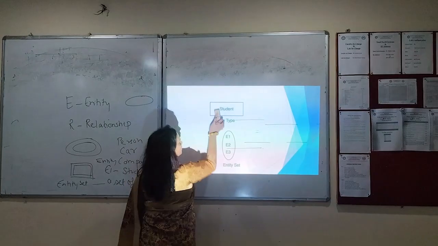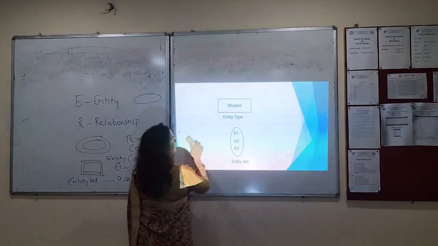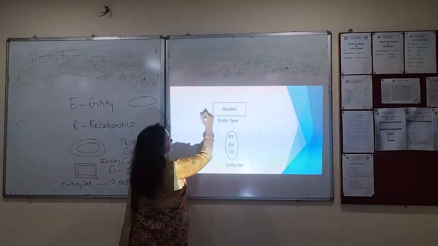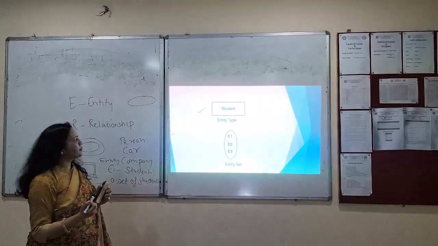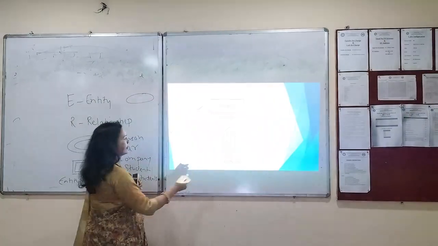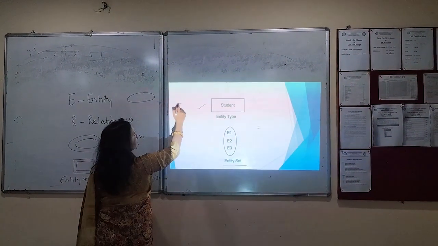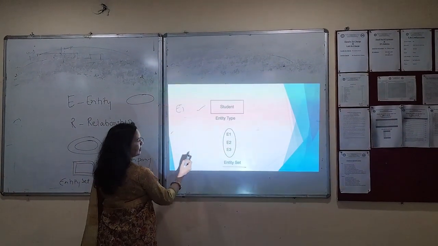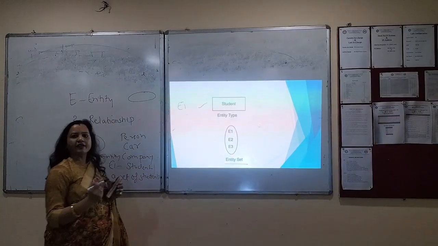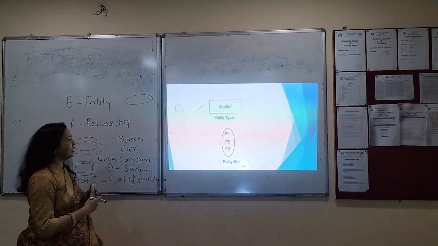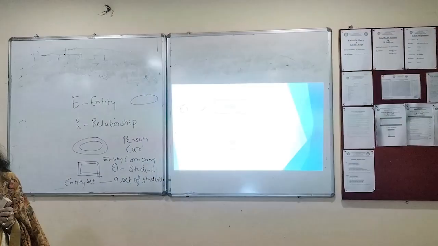See, this is the way to present an entity. A rectangle describes the entity type, right? And this is the way to present the entity set. So if E1 is your student entity, that means the entity set could be E1, E2, E3, that is a collection, a set of student entities, right? So moving further,